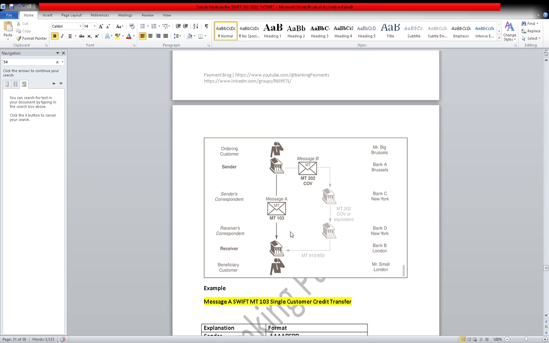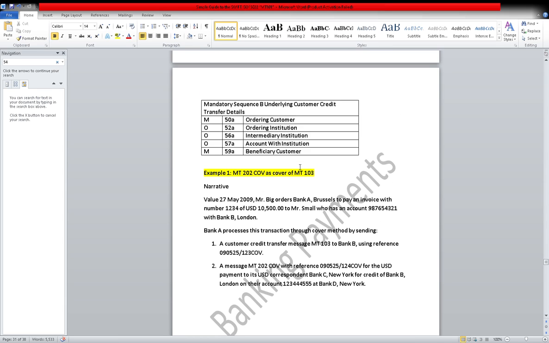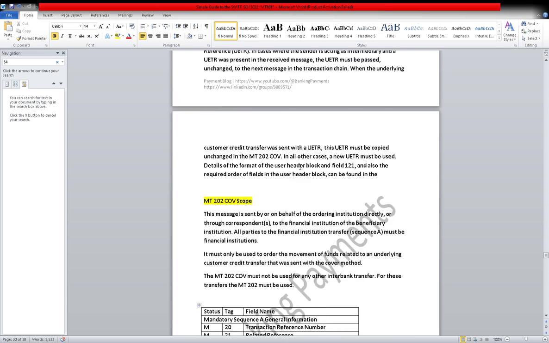Sender and receiver bank, and another thing is that you are sending an instruction to your bank to credit to my other bank. Now don't consider this as an example, wait a minute, I will open that one. So it will be MT200, right?